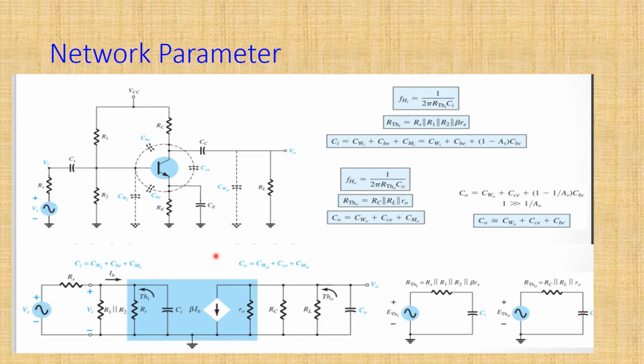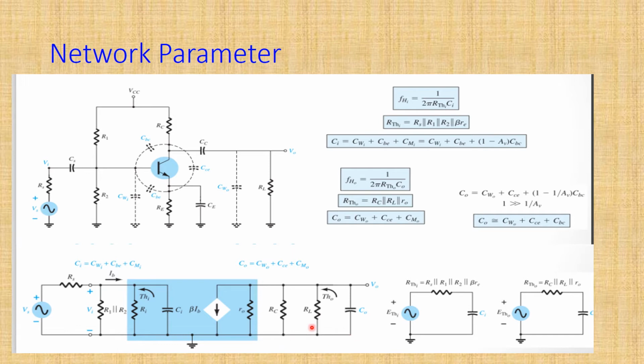Fine. Now the capacitances CS and CC don't play a vital role when you are considering high frequency response analysis. Okay. So this is your AC analysis circuit, which will first help you to find out the input capacitance,